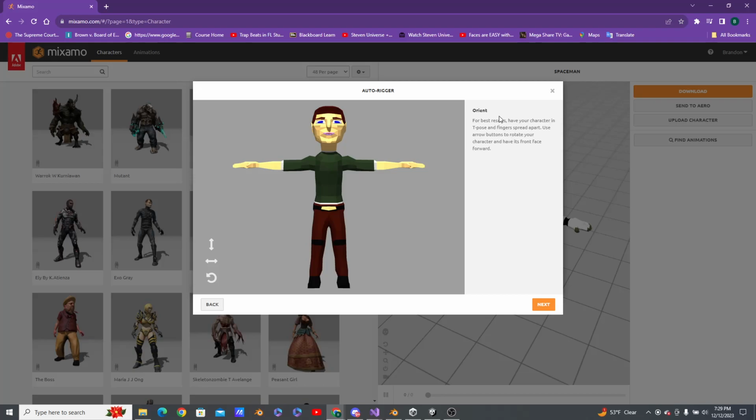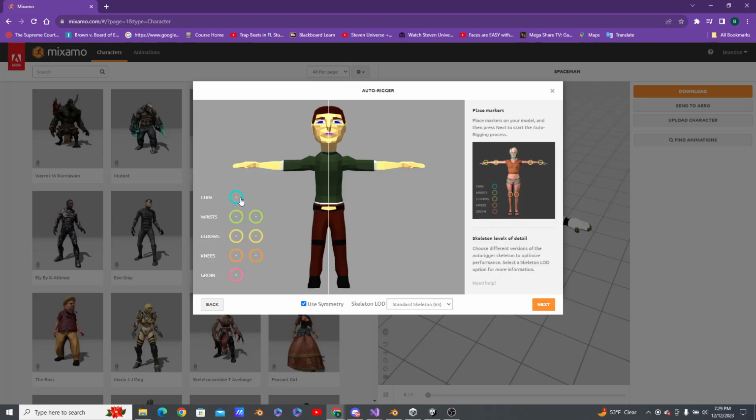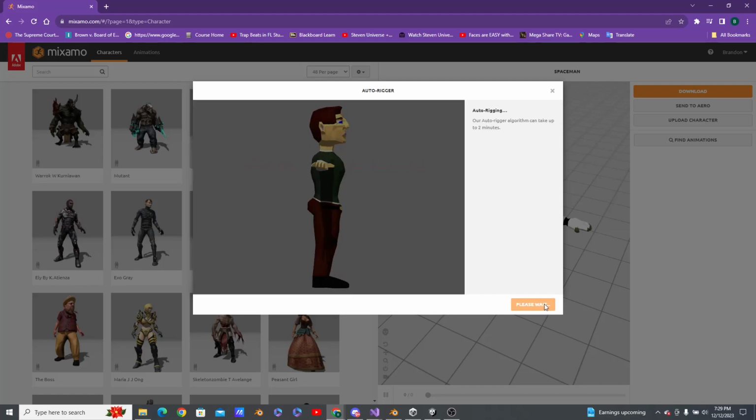It's going to have you orient it. So chin right here, maybe a little bit higher, just in case. Wrists, elbows, knees, and groin. Even gives you a little bit of a layout right here. Okay. Standard skeleton, next. This might take a little bit, but we're just gonna wait because I'm doing all this in one take,